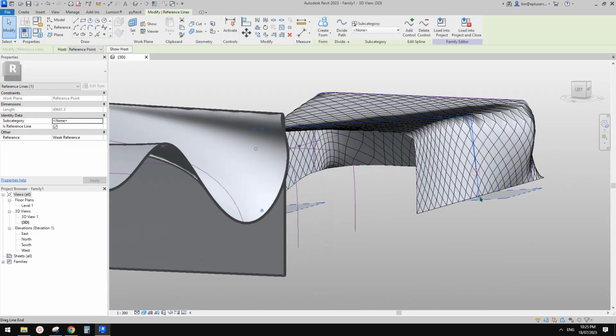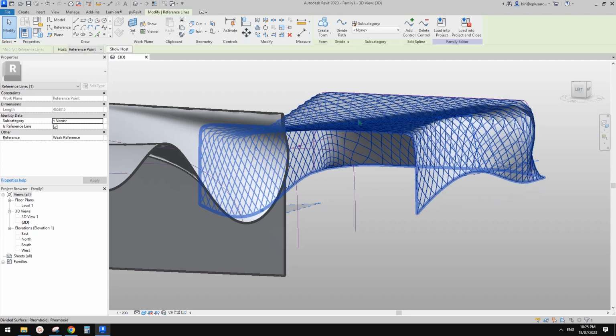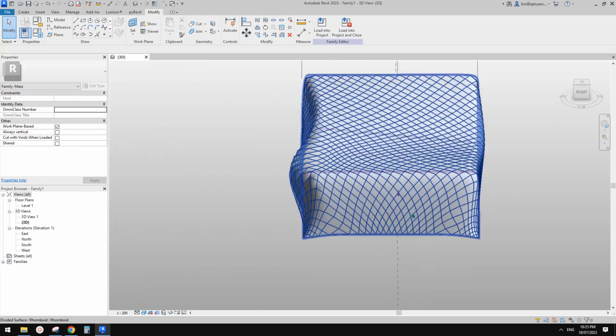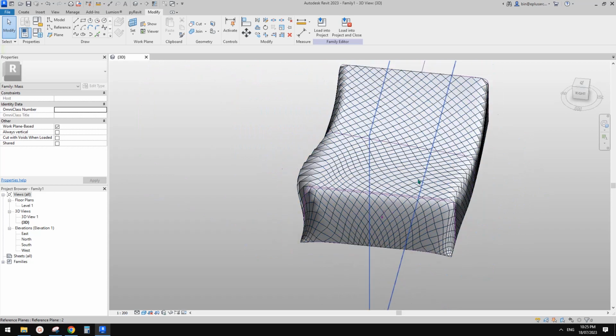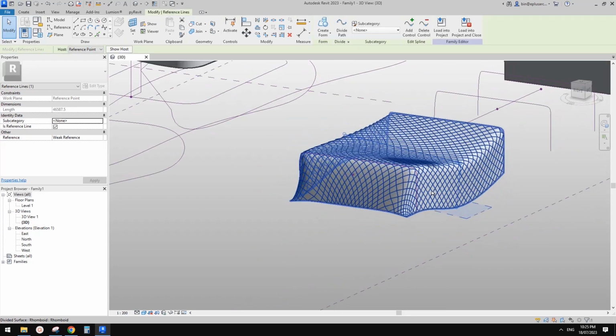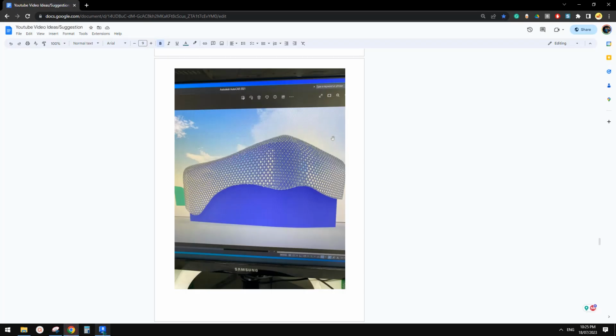Or you can just tab select it, so it will only adjust this point. It won't move these control points. It's only this one. And yeah, so this is it. Spend some time and you should be able to create a shape. Not perfect, but